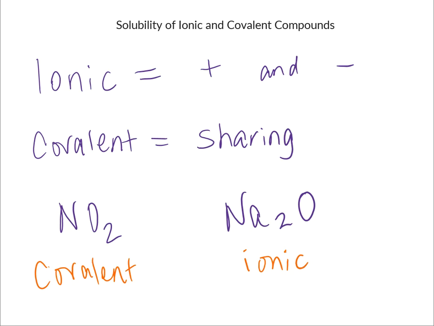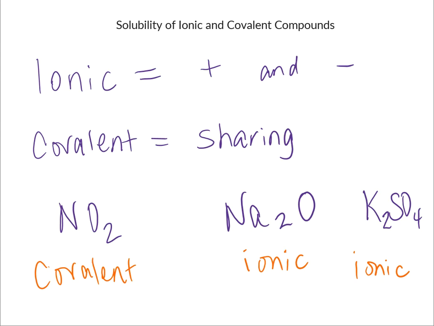I could have done the same thing with polyatomic ions. For instance, I could have potassium sulfate. I have a monatomic cation, polyatomic anion. Again, I have an ionic compound. So you want to be able to determine what type of compound you have before you're able to distinguish whether or not